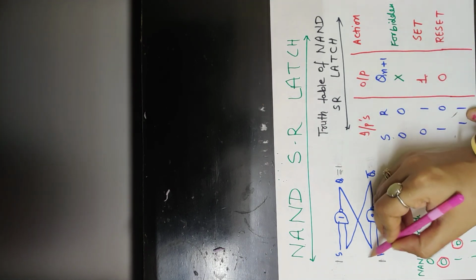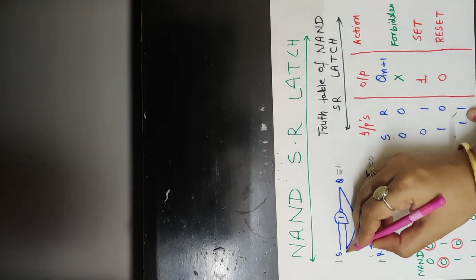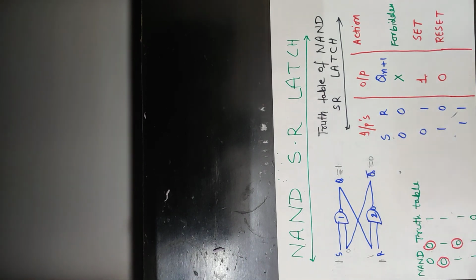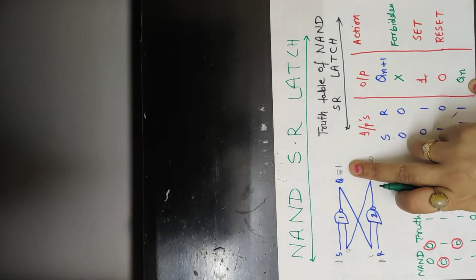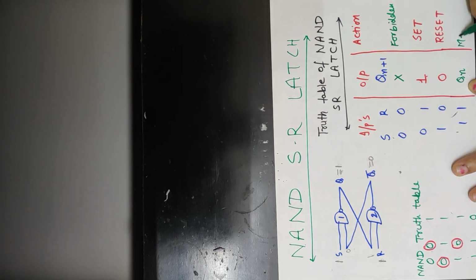So this one comes here, when both the inputs are 1, output is 0, and this 0 comes here, so 1 0, output is 1. So what we have assumed, you are getting the same value in the next cycle. So for this particular input condition, the output will store the last state, or whatever Qn you are taking, you will get the same value in the next cycle. If you are assuming 1, you get the same value again. So this is called the memory state